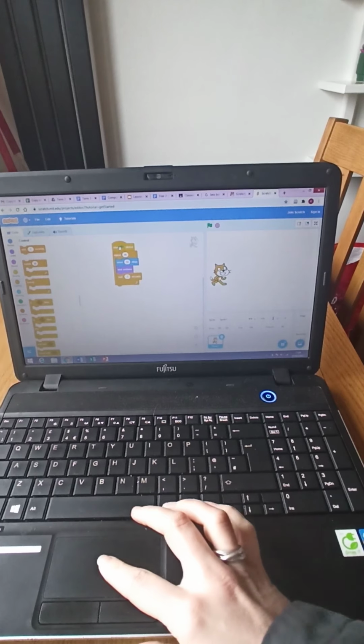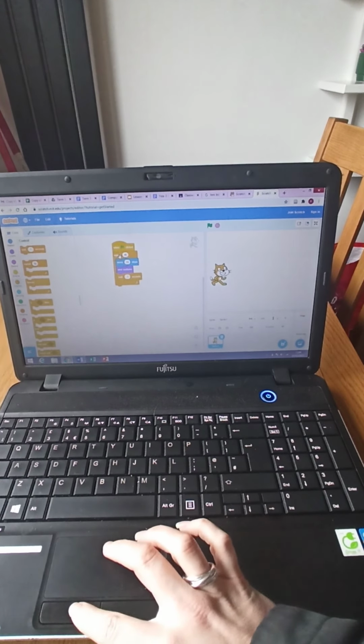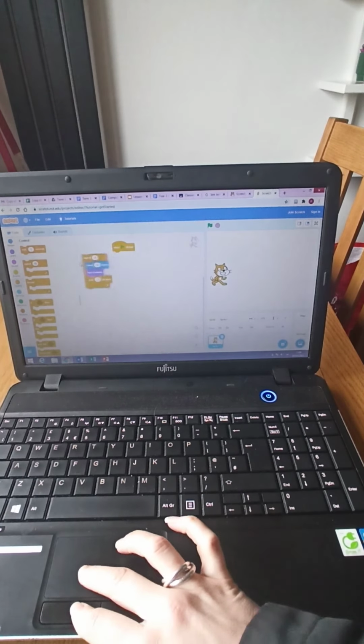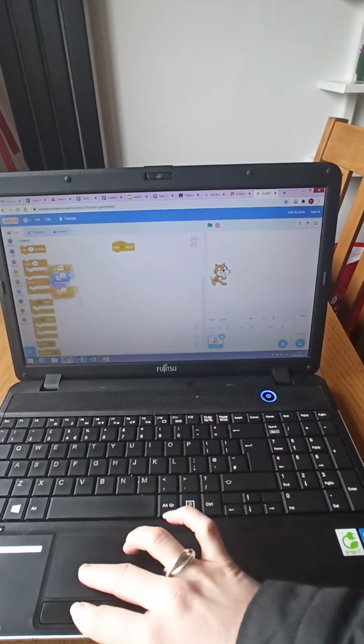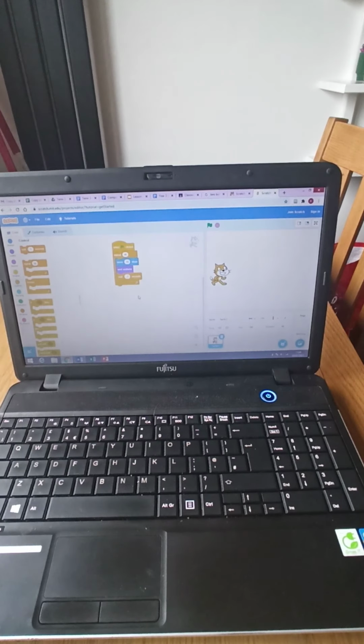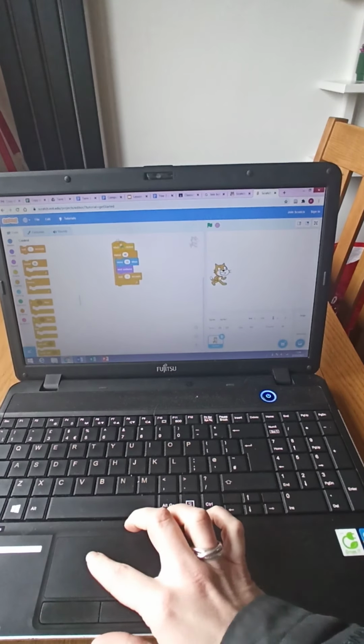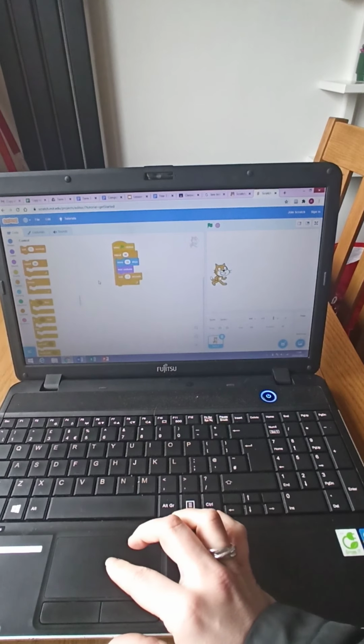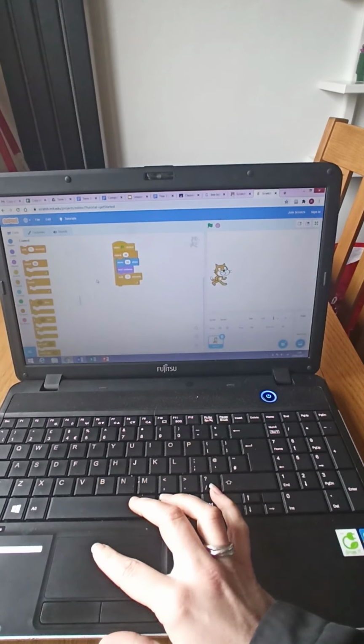Okay. If you want to delete all of that, what you can do is just grab it, put it over here, and it will just disappear. But I'm going to leave it here for you so that you can have a little look and see if you can copy what I've done. If you've done that and you want to move on, what you can do is